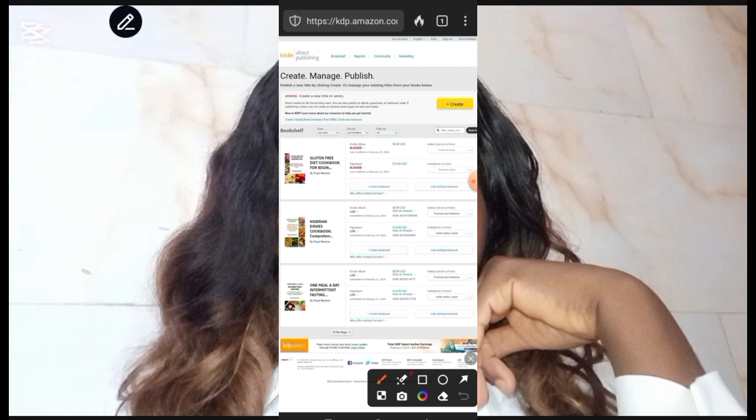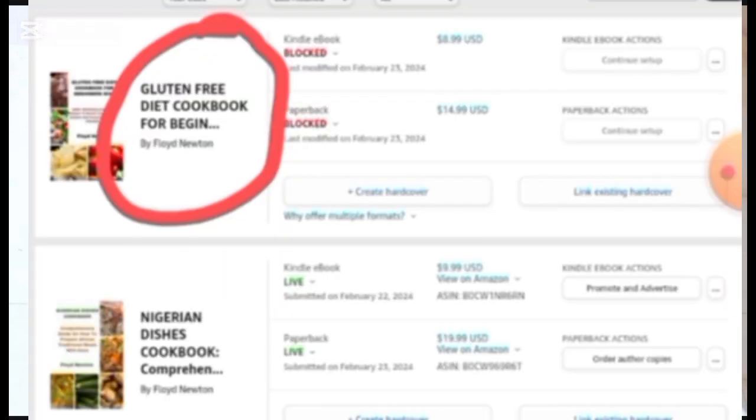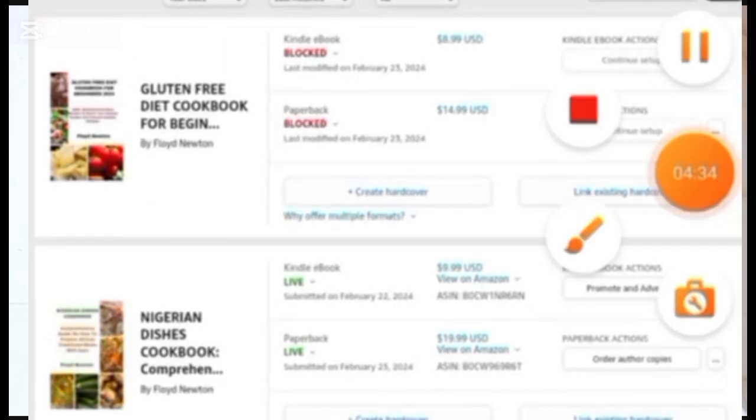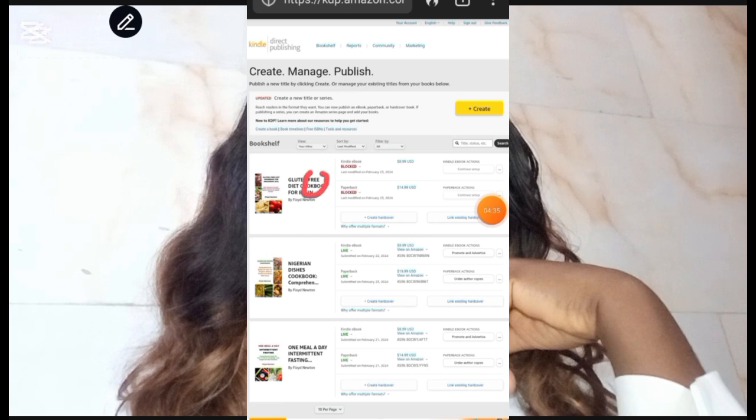And you know that I told you that if you use some certain words that look promotional, Amazon is going to block your book. So look at this title. You see it has free. Amazon blocked this book because of this particular title, because of this single word here, free. So that's why I said let me use this particular account so that I can show you that blocking of